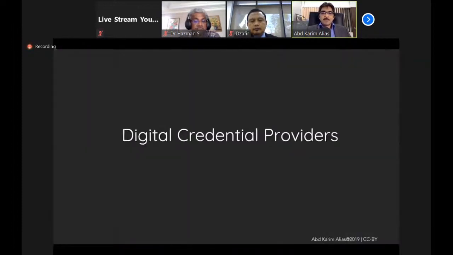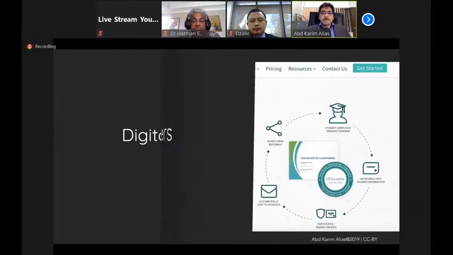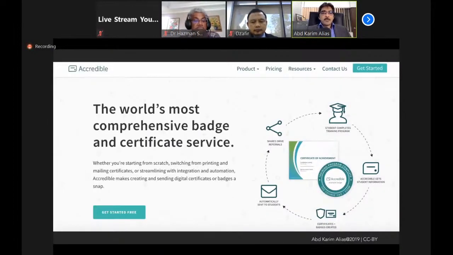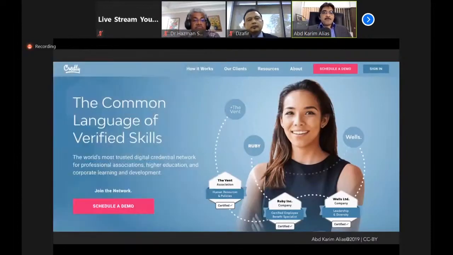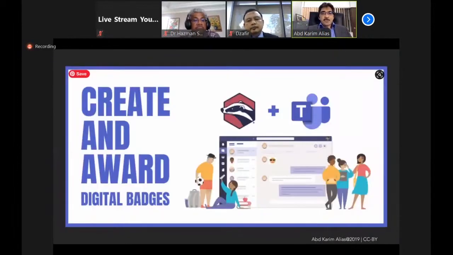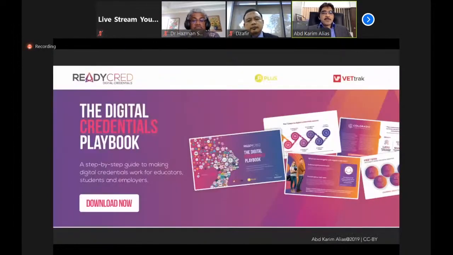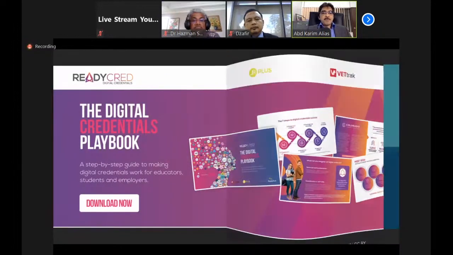And finally, examples of digital credential providers. I'll just run through them very quickly. We in USM are using Accredible, and the platform that we are using, Open Learning, will also integrate Accredible as part of the platform. And this is Credly, very popular also. This is from Badger. This is ReadyCred, the Australian-based digital credential provider.